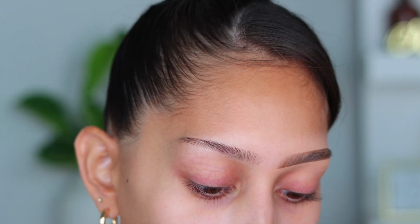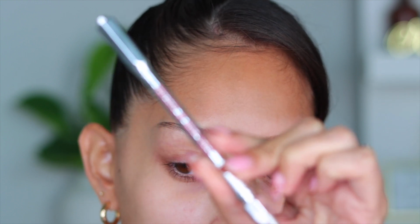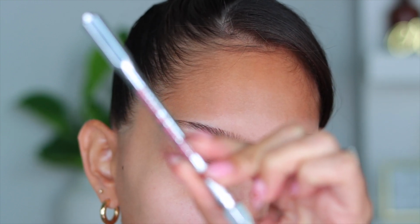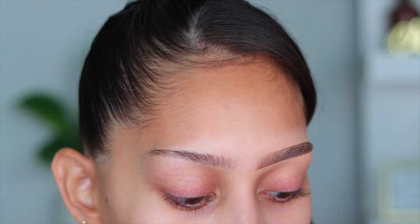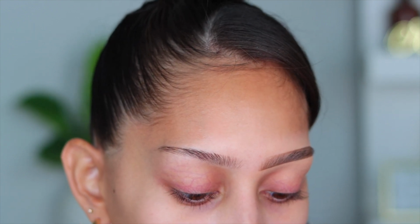So to fill in my brows, I'm going to go in with the Benefit Precisely My Brow Pencil. Now, if you've been following me for a while, you know I'm a huge fan of the Anastasia Beverly Hills Brow Wiz. Still love that product. It's still a holy grail for me,